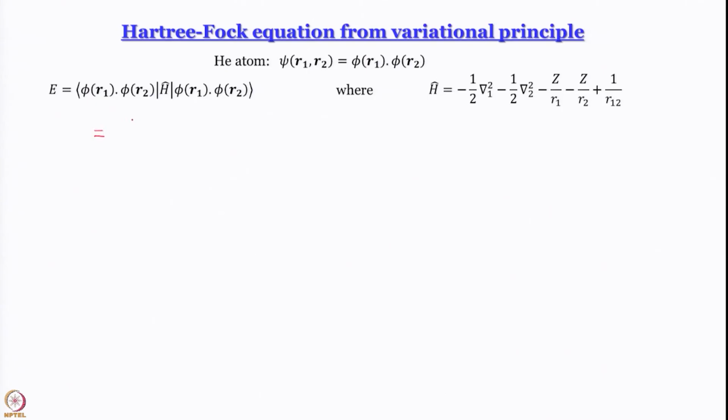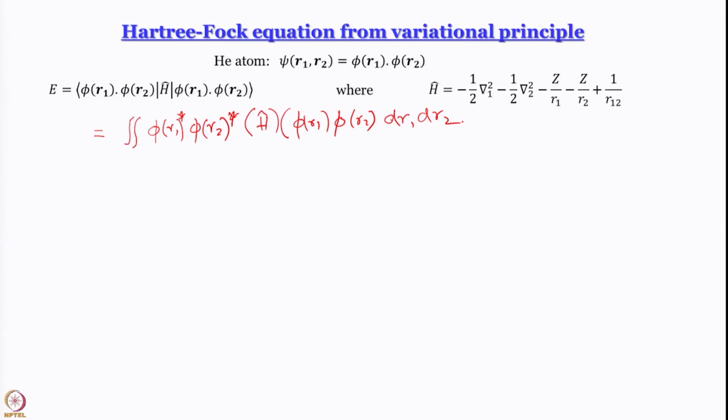This is really equal to the integral, I will write two integral signs, one for r1, one for r2, phi of r1 star, phi of r2 star. Then we have the Hamiltonian operating on phi of R1, phi of R2, dR1, dR2,